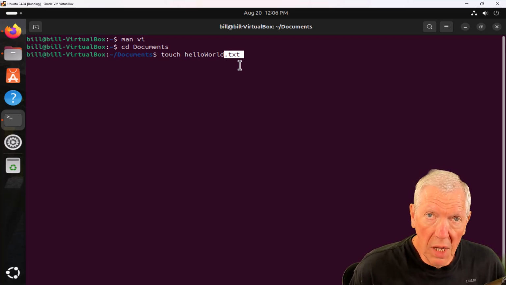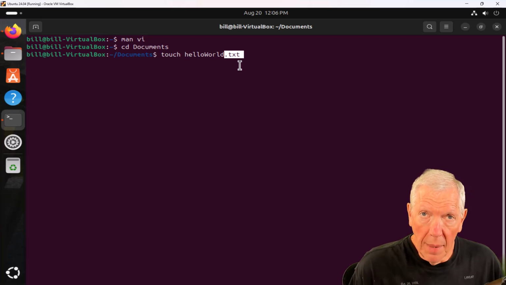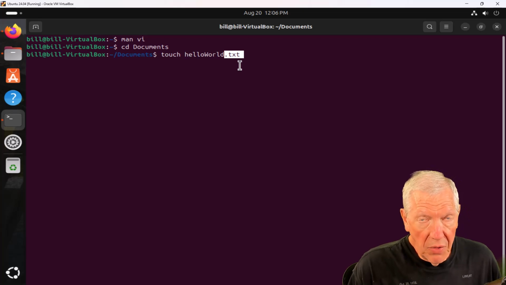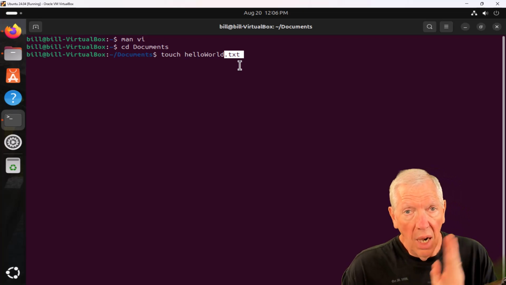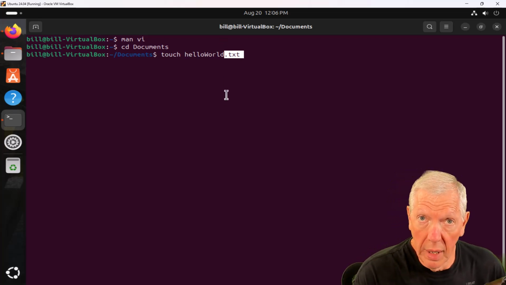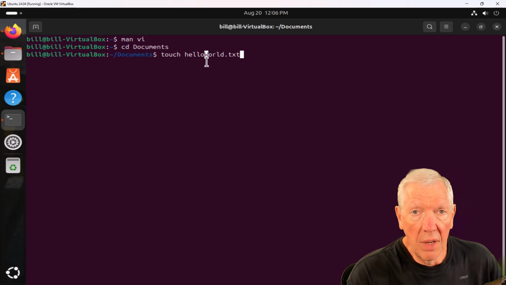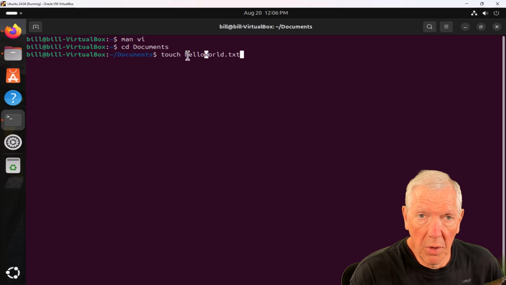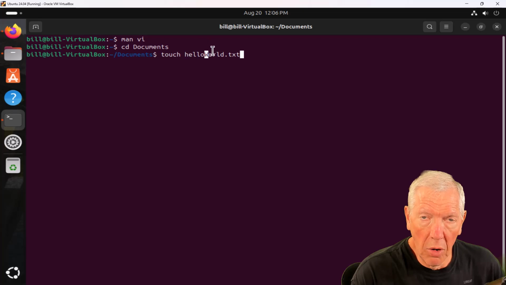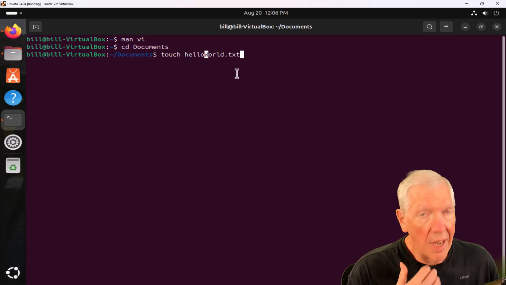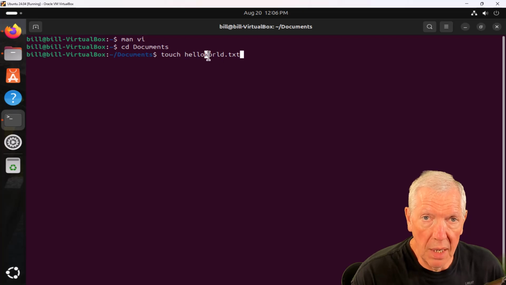In this case, we really don't need the extensions. Linux is totally cool with that. You will see certain extensions at certain times like .c or .py. But if we have just a text file, we don't really give a rip about the extensions. I'm putting it there just so I know what it is. And then you can see here, this is called camel case. Your first word starts out in lowercase, like hello, and then you have a cap W for world. It's called camel case because you've got a dromedary camel right there. You're coming along and you go over the hump. Very, very popular in programming.